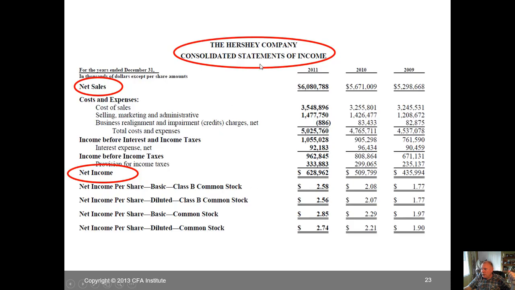Here we can see basically a consolidated statement of income. You see it's broken down by what's meaningful to the company. Okay? Net sales, costs and expense. Every one of our companies that we're going to look at are going to have things that look like this. But the thing that we want to look for, this is a normal, but this is sort of unusual. Okay? So we really want to understand what that is as we go forward. We also are interested in seeing how net sales and cost of sales relate to each other.